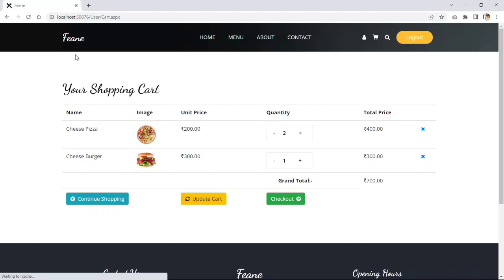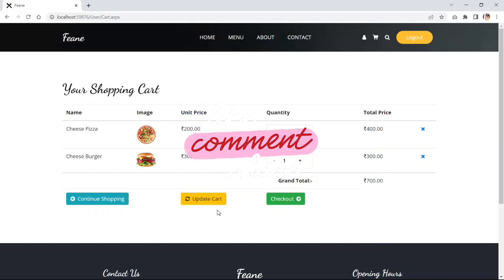Okay, in the next video, we are going to change this application name here, and from here also at the bottom in the footer section. So we'll make the changes in the next